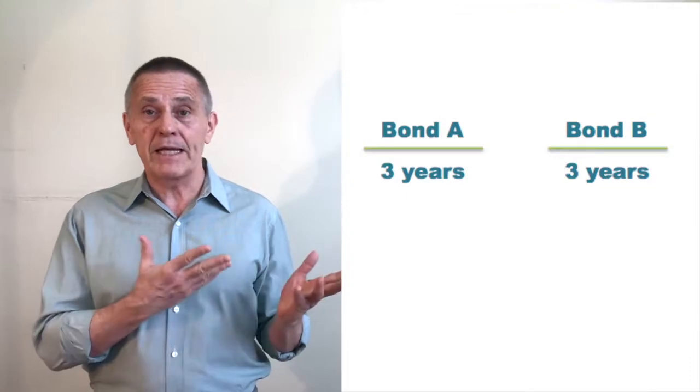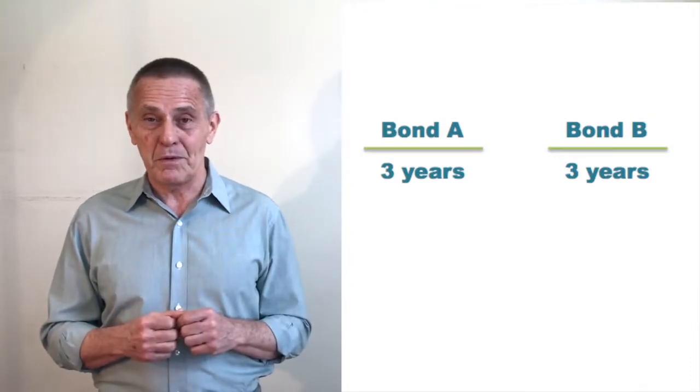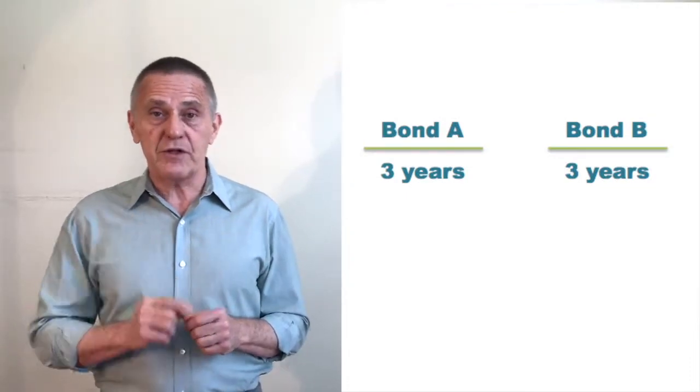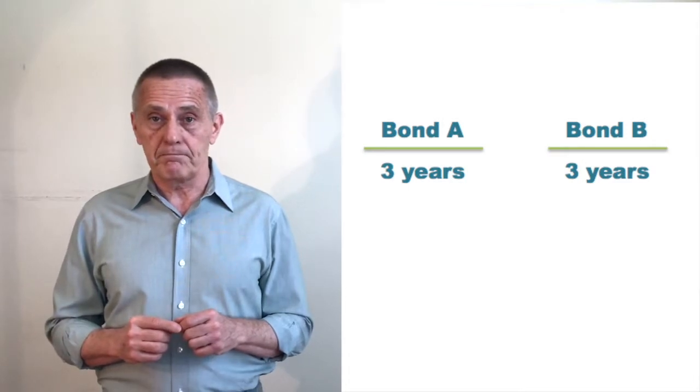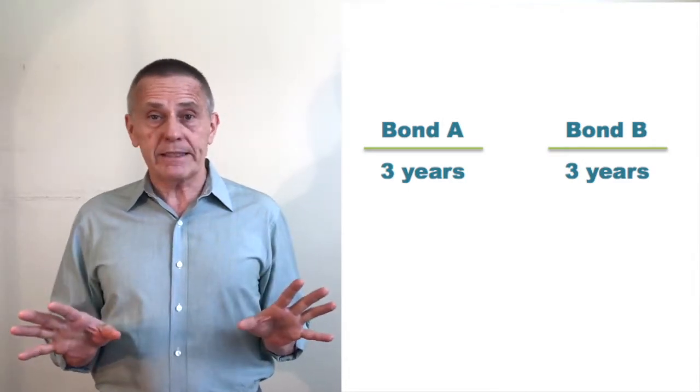But let's say we're comparing two extremely similar bonds, in fact, bonds that are similar in all ways relative to one another, except they have different coupon rates. So let's say we have two bonds whose relative value we want to assess. A bond A and a bond B, if you will. So we'll say both bonds have exactly 3 years to maturity, and the two bonds have exactly the same credit